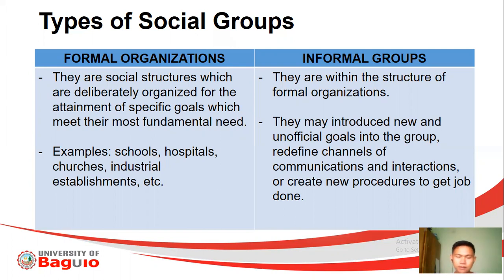Okay, so example natin. Ano ba ang example ng informal groups natin? So formal organization, I will be using the University of Baguio pa rin, ha? So the formal organization here is we have the University of Baguio as a whole. And ano ba ang mga informal groups sa University of Baguio? Madami. We have different departments, we have different offices. Like for example, Stella, di ba? Sabi ko, School of Nursing, School of Natural Science, School of Information Technology. So those now are the different informal groups.